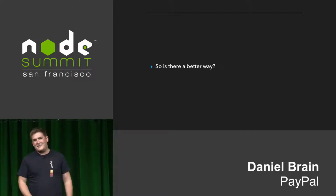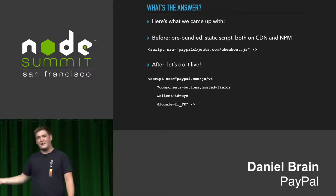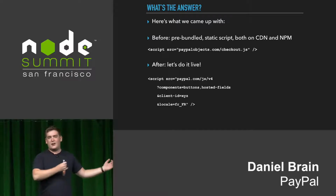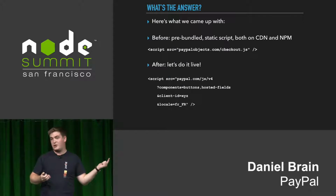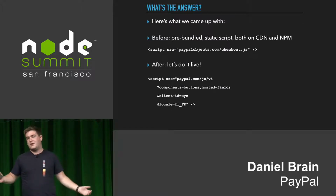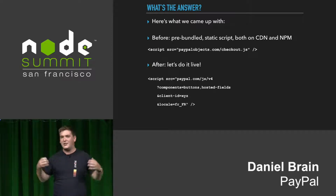So is there a better way than CDNs or NPM? Well, we think there is. What we had before was this evergreen URL, but now we're thinking, let's do it live. Let's run Webpack on the server side. Let's give our merchants and our clients just exactly what they need based on where they're based, what they request in terms of different components, and what locality they're based in. So if you're serving a buyer who's based in France, you don't want to be giving them German language because they're never going to need that. So we can dynamically build that together and give merchants exactly what they need so they end up with a